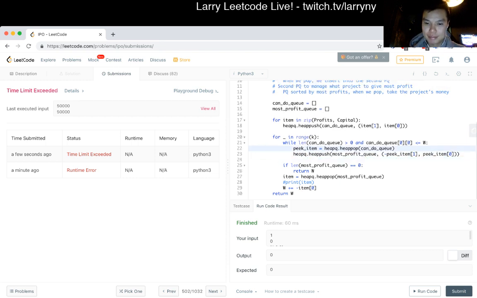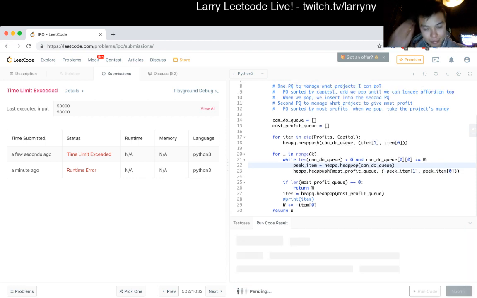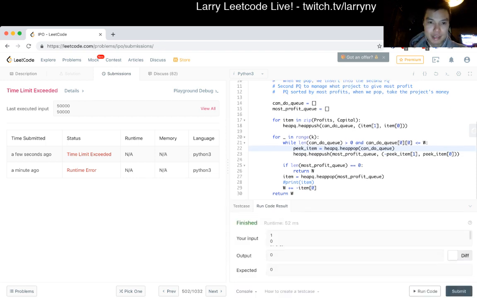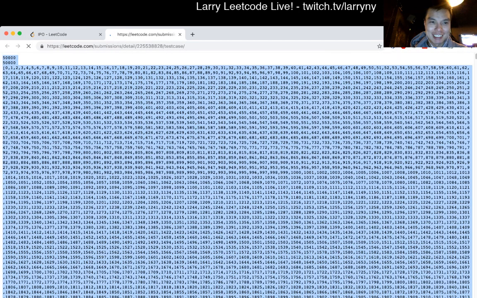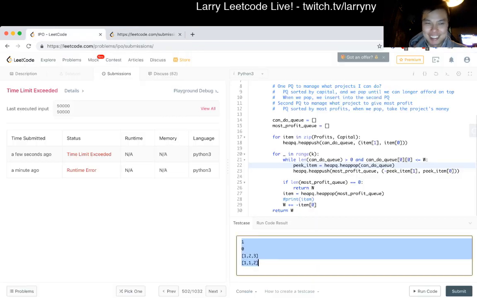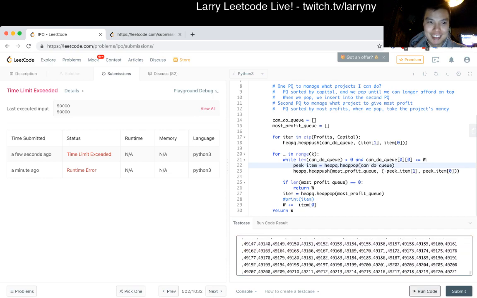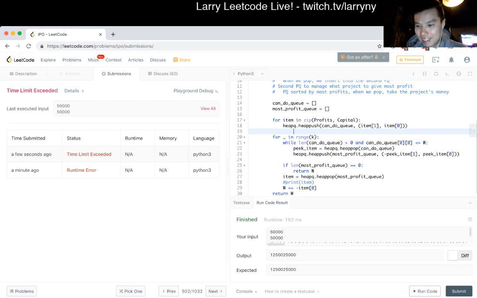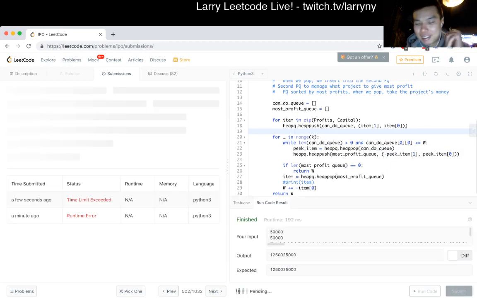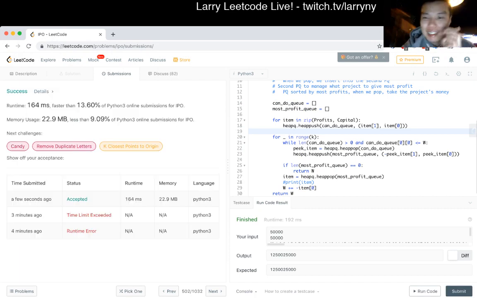Okay. My God, this is meant to be copy and paste. Yeah, that is intense. All right, let's see if I could copy and paste this. Okay, so that fixes it. Okay, so that solves it.